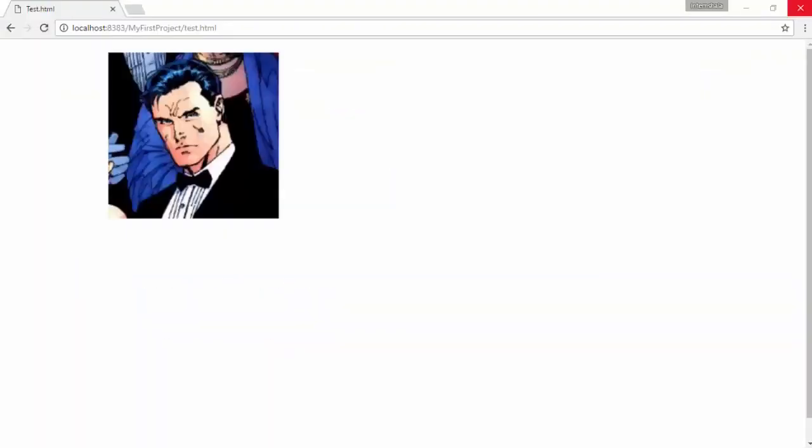Also, actual size of our image was 183 pixel wide and 184 pixel height. But because we specified 300 pixel of width and height, browser will fit it in 300 pixel width and 300 pixel height. If you do this, your image will get stretched and will look pixelated. Width and height is useful when you wish to fit a big image in a small space. But doing so would mean that browser will still end up loading your big image, which could mean that your page will become heavier and therefore loading time will get increased.